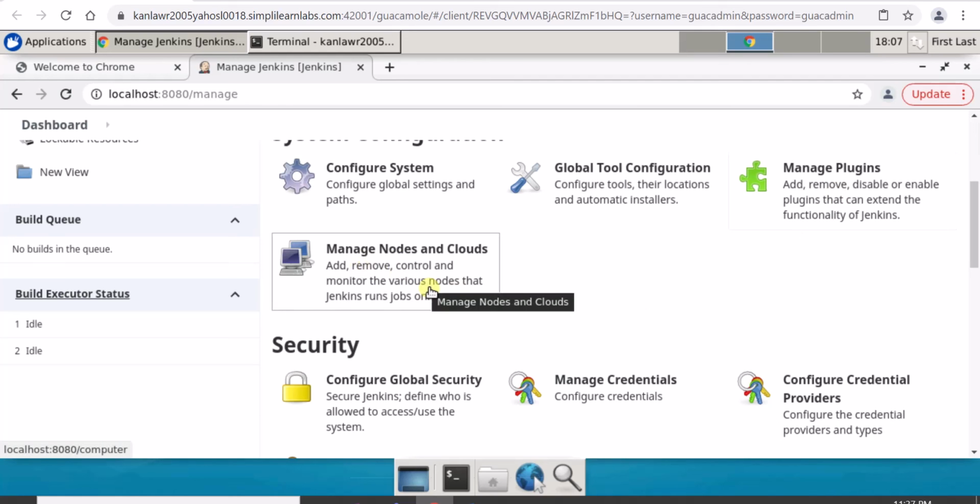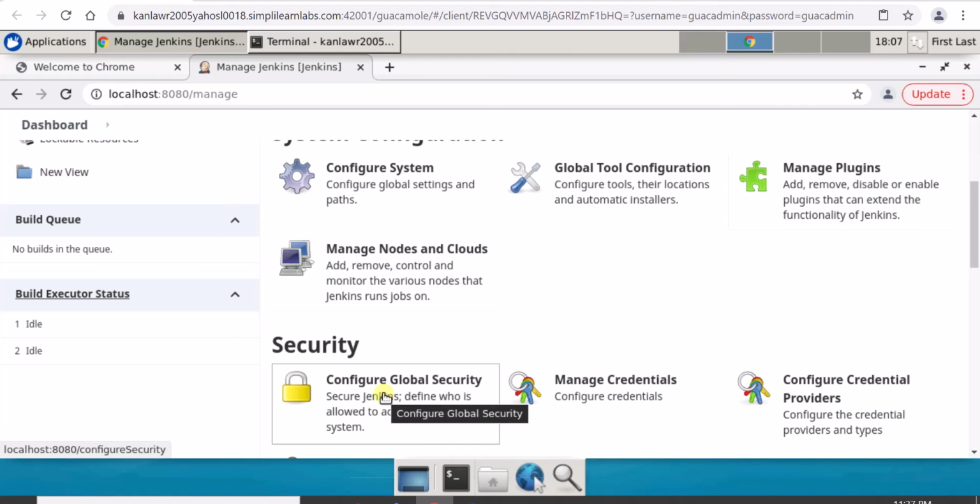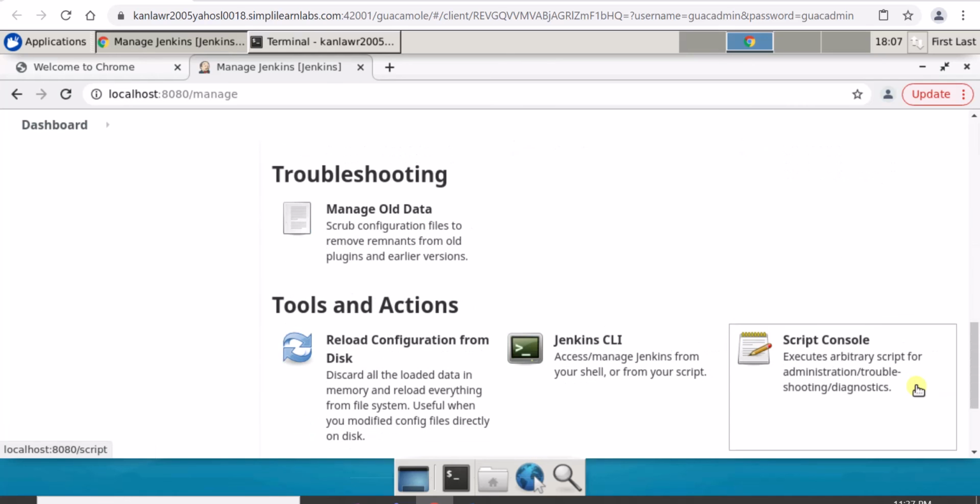Because sometimes, whenever you have the Jenkins master slave architecture, you need to configure your slave nodes there, and manage credentials. You can do that, and configure global security, configure credential providers. There are many options. I'll take a separate session for that.